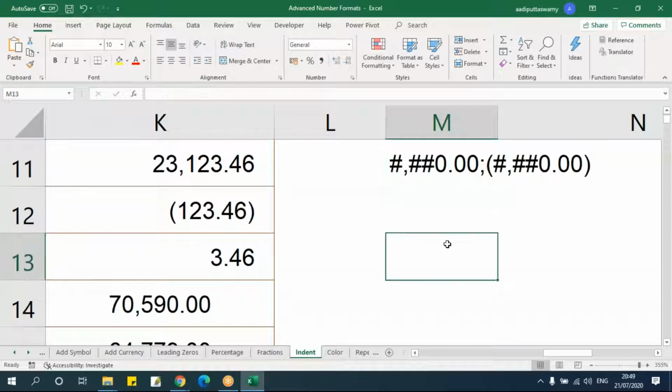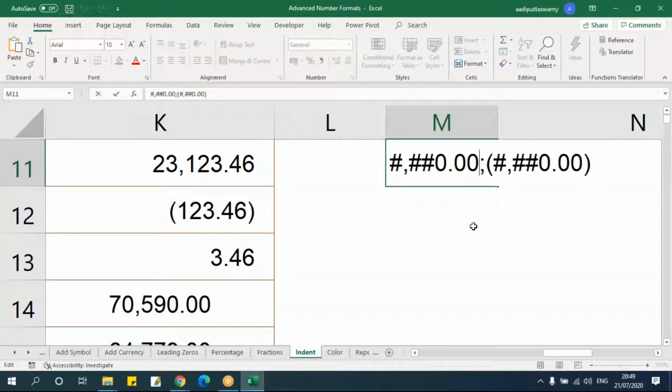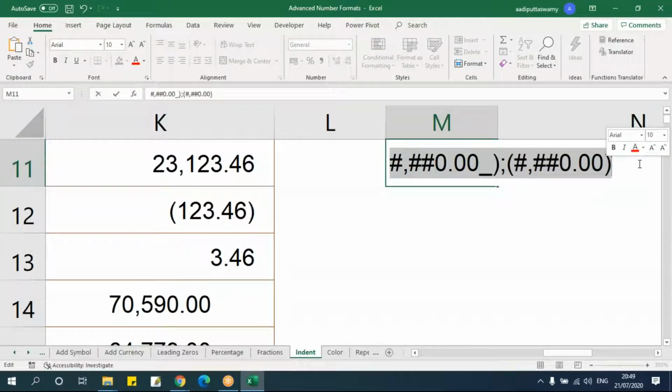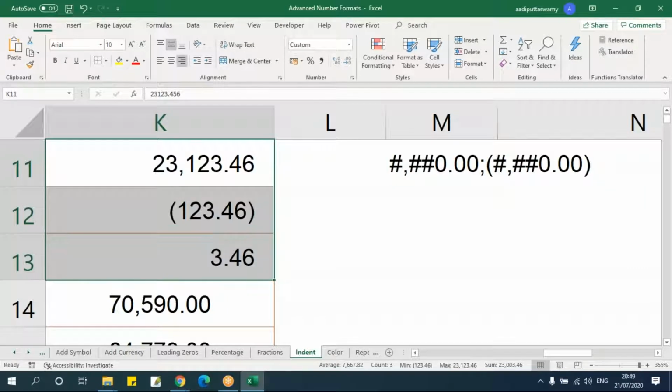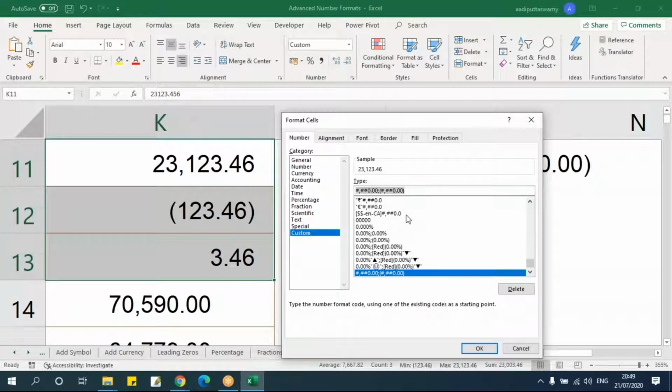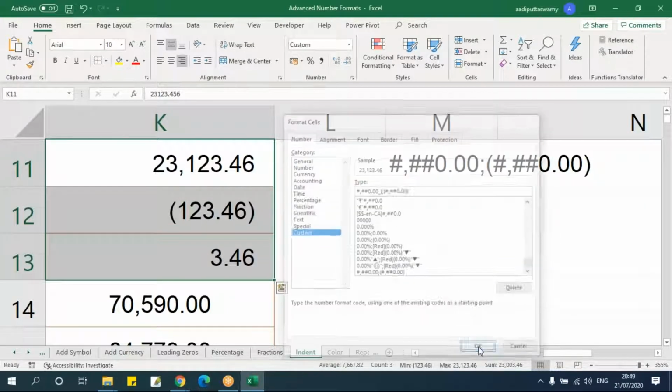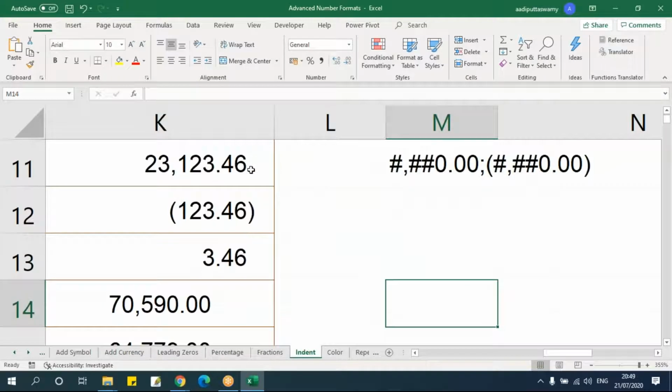So in this case, what I have to do is put one underscore here. This underscore will give me some indentation, that is spacing. Now what is the character I have here? That is this bracket. I'm just giving this. Let me copy this and then press Ctrl+1. Let me paste it. You see. Now let's say OK. Now you can see there is a space here, that is space for this bracket.